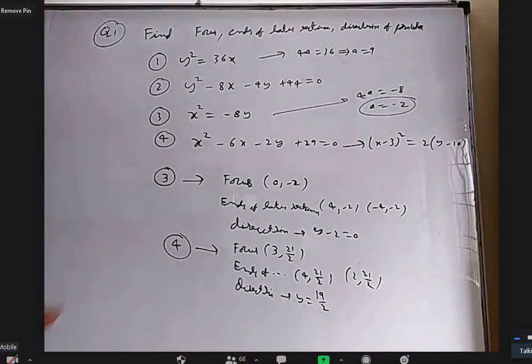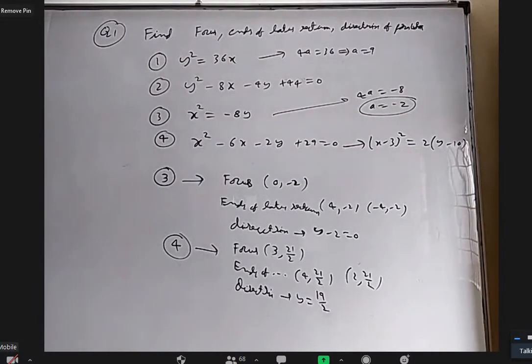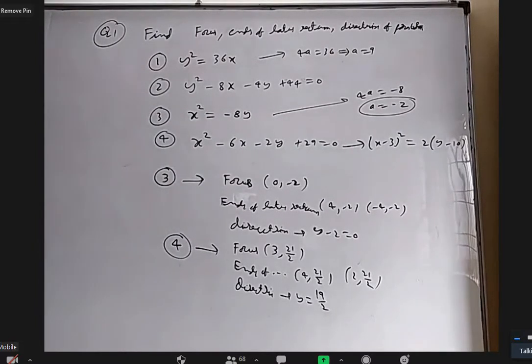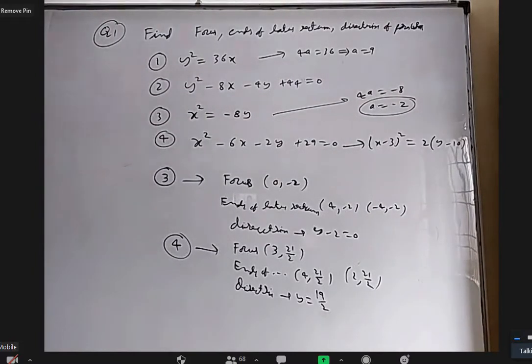Okay. I'm not writing any formulas like an explanation because you can do on your own. If you got these formulas, I think you can go ahead. Someday you got these answers? Yes, sir. Okay. And the fourth one, what is it? 4a is 2, so a value is 1 by 2.